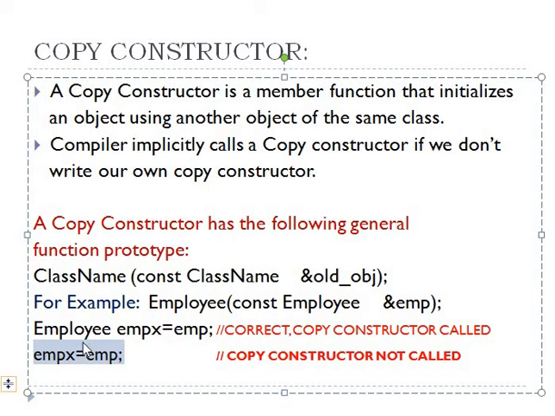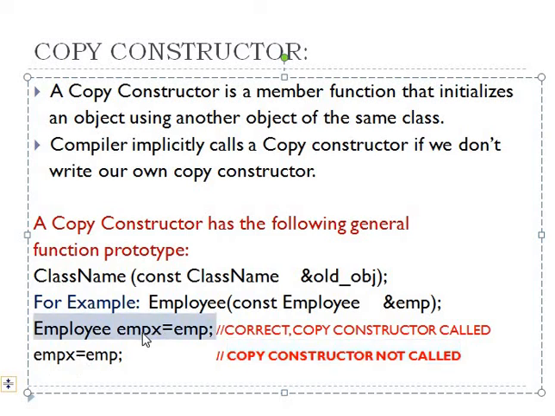By using this assignment operator, which is denoted by this equality symbol, I am just copying the values of this object EMP into the object EMPX via the pass by value method. Before the values of this object get copied into this object, both these objects will reserve different memory locations. So from this statement we can conclude that the copy constructor is not called. Instead of invoking the copy constructor, the pass by value method shall be used to copy the contents of the object EMP into the object EMPX.